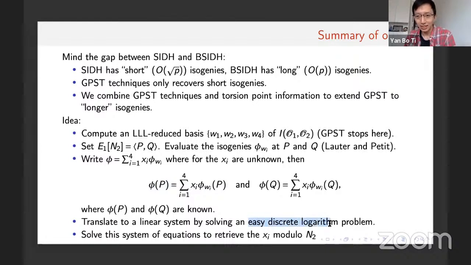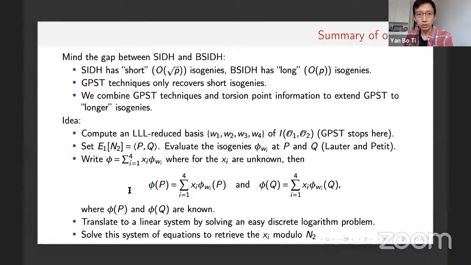So I say easy here, but this is kind of the meat of our paper, I guess. These three points are the meat of the paper, and I'm just giving you an overview. If you're interested in how this is done, I encourage you to read the paper or maybe look at Peter's longer explanation online. Once you have solved for the xi's, you can then use your knowledge of the phi wi's, which is what we covered over here, to reconstruct your secret phi.